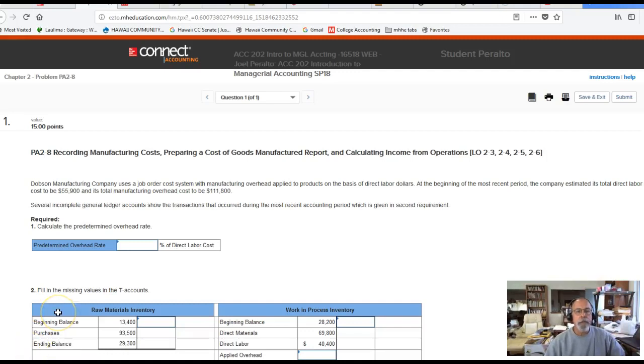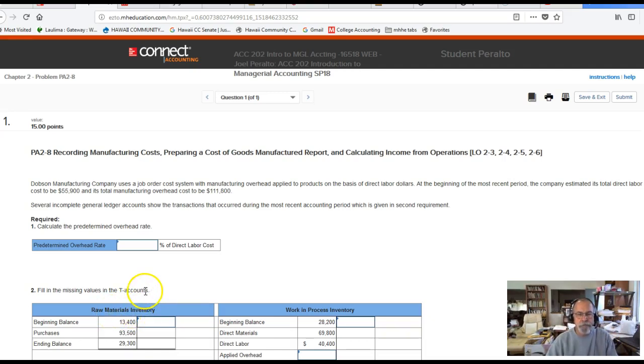Okay, here we go. This is PA2-8, recording manufacturing costs, preparing a cost of goods manufactured report, and calculating income from operations. This is the last assigned problem for Chapter 2, and I think this is pretty close in terms of what is required for that